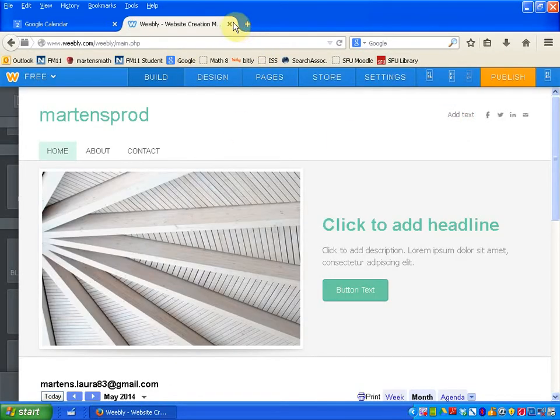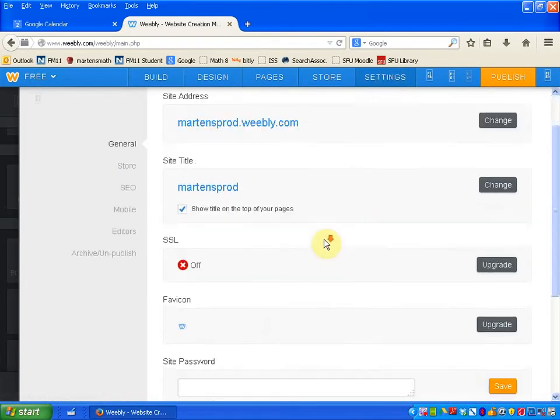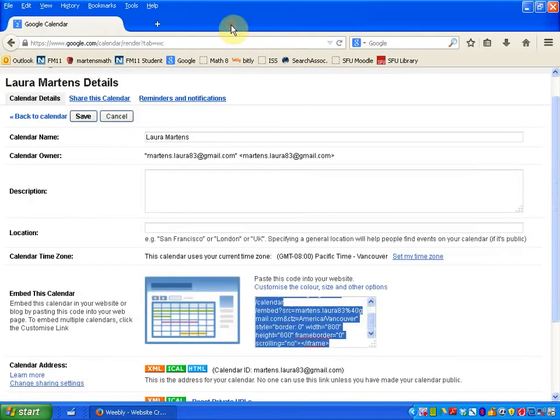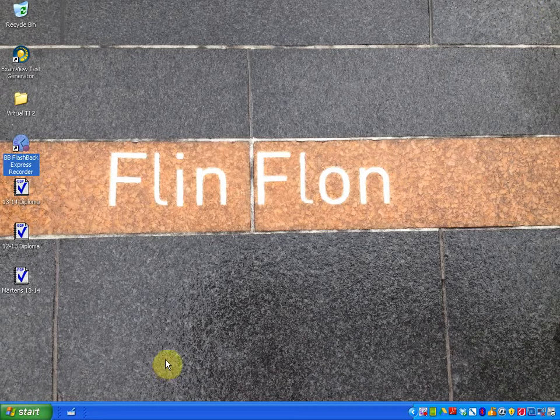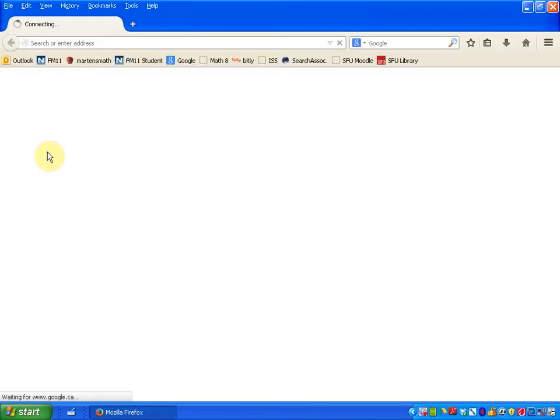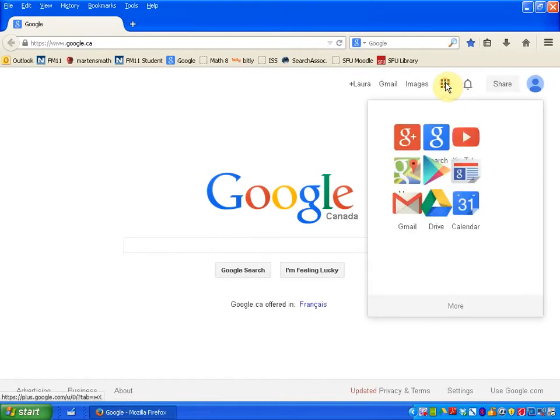Just to show you that it worked, let me exit here. I'm just going to log out if I can. All right, I don't know how to log out of Weebly. I'll just exit here. So if I go to my calendar, so let's say I just was starting the internet all over again. So let's just trust that the website worked. If I go back to the internet, and I go back to the calendar,